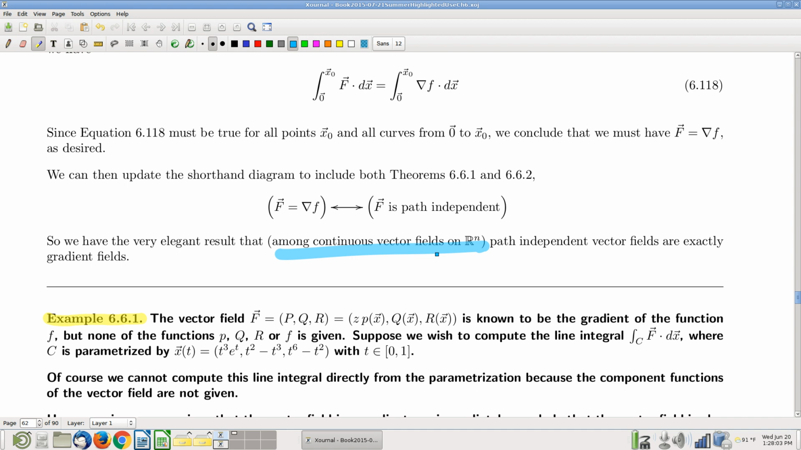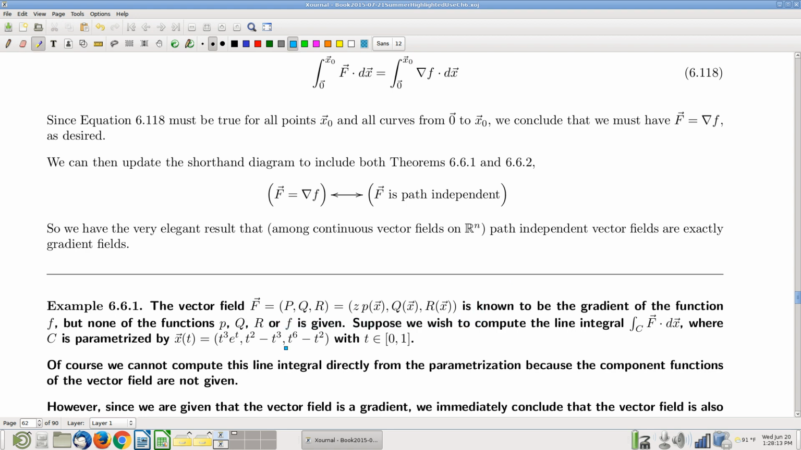Okay. All right, so a quick example. Let's suppose you have some vector field that's not really given, but you know certain things about it. And suppose you have this curve that's parameterized like so. So we have a curve, we have a vector field, and I want to compute a line integral. Well, let's go back to this vector field for a moment. I am not given very much information about this vector field. All I'm told is, well,